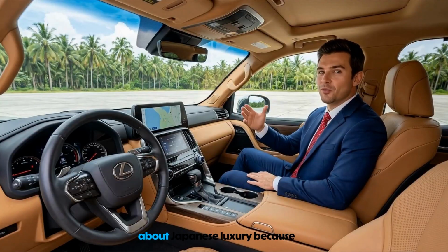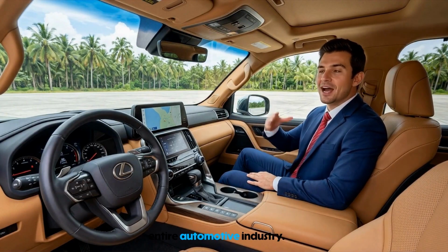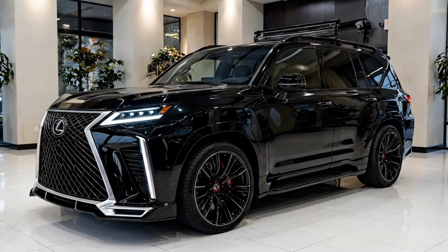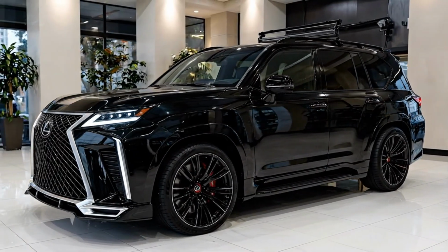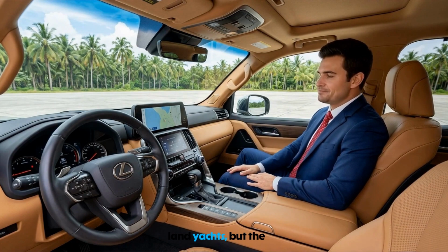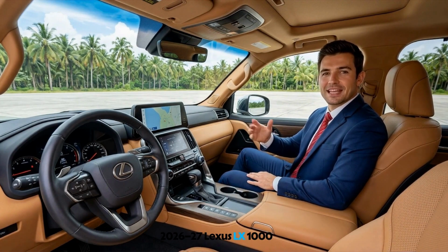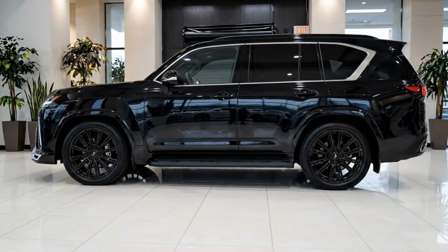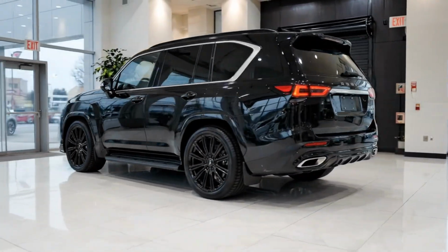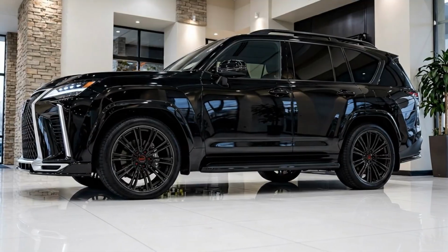Forget everything you know about Japanese luxury, because Lexus has just shattered the rules of the entire automotive industry. For years, the elite full-size SUV segment has been dominated by German engineering and oversized American land yachts. But the arrival of the flagship 2026 to 27 Lexus LX 1000 completely rewrites the script. This isn't just an update to a legendary lineage, it is a declaration of war against the Range Rover Autobiography